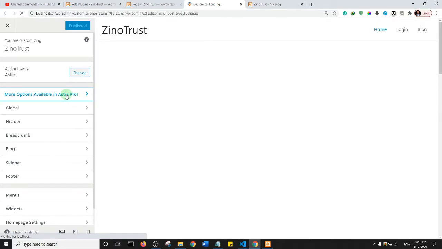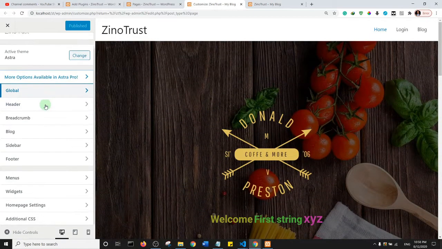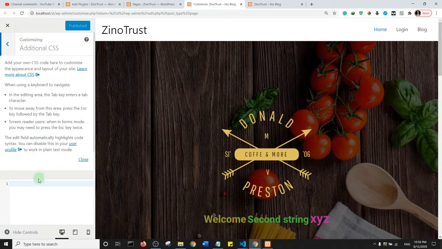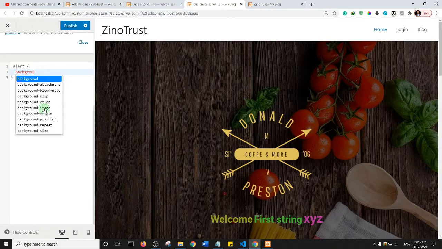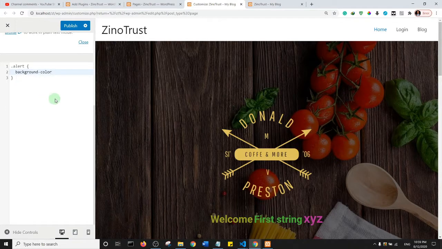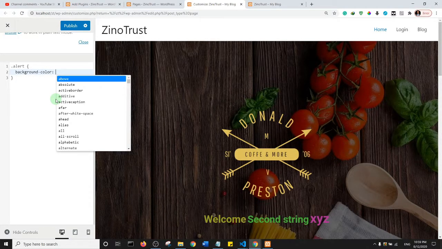So we are here in our WordPress customizer. I want you to go to the additional CSS and type some CSS here. Essentially we're just going to create a class of alert, so dot alert, and we're going to open curly brackets and set the styles we want. First off, I'll set a background color. This will be the background color of the alert, so I'll say orange red,